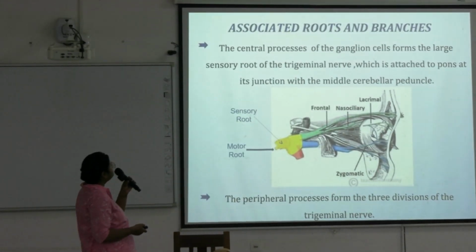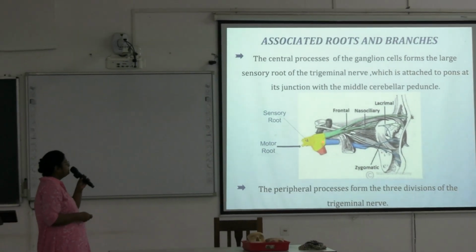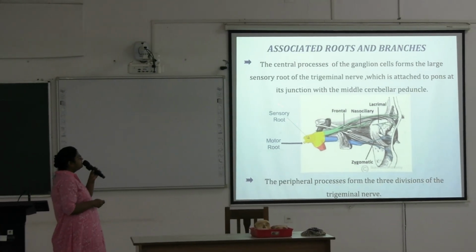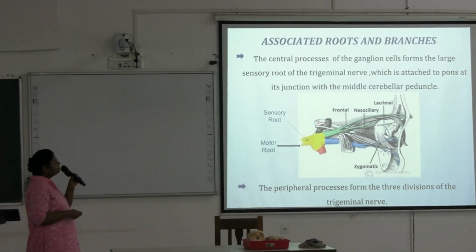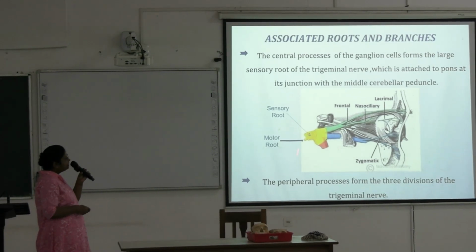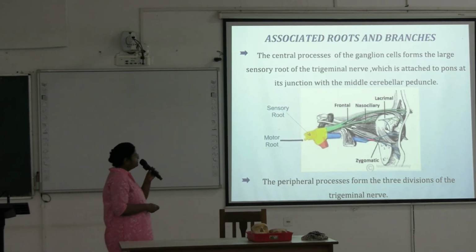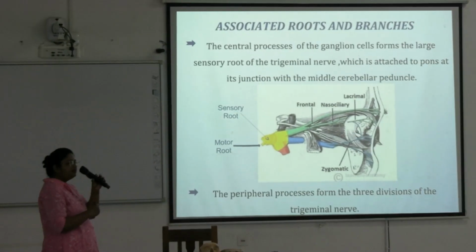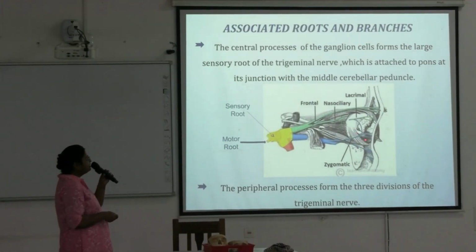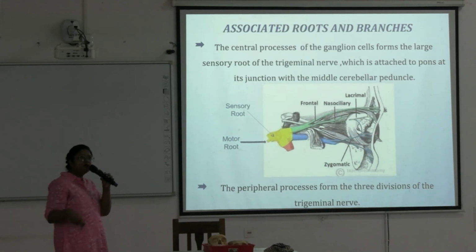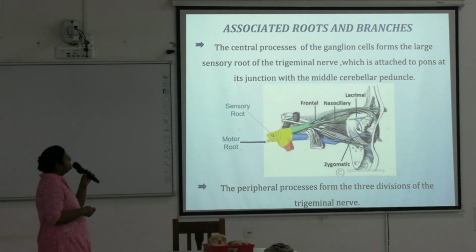Next, associated roots and branches. See, this one is the trigeminal ganglion. Those roots, sensory roots and motor roots are lying here. After that, it is dividing into three branches: ophthalmic, maxillary, mandibular. Ophthalmic is again dividing into these three branches: LFT, okay, lacrimal, frontal and nasociliary. And this is the maxillary division. It is giving the pterygopalatine branch, forming the zygomatic branch, infraorbital branch, like this. And here is the mandibular division come out through the foramen ovale. Okay, so the